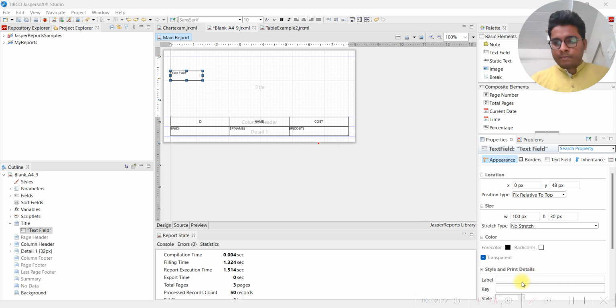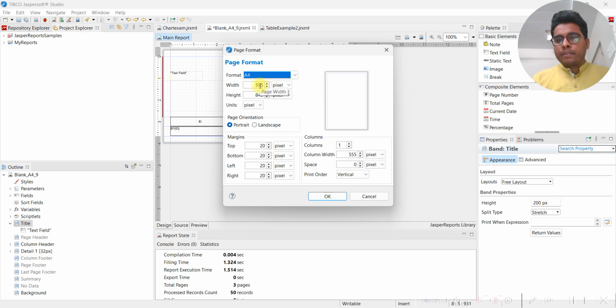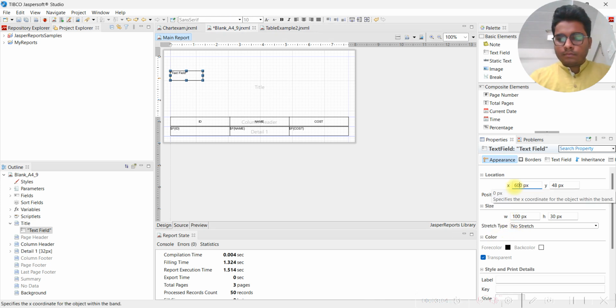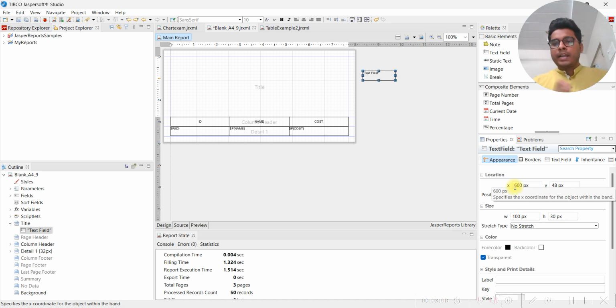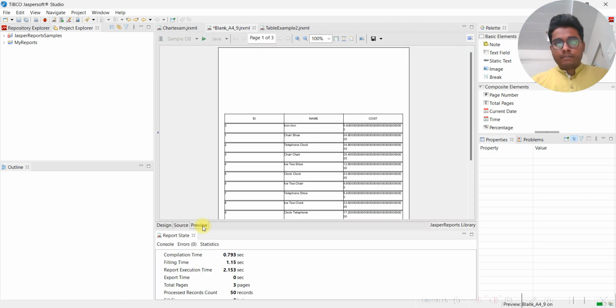So I'm done, and okay, minimize this, and let me just explain my point. Suppose your page, my page width is given. Let's go to page properties and see your width is 595, and this particular element width is 100. So what will happen if I give 600 to this? It is outside the page, and when I run this,